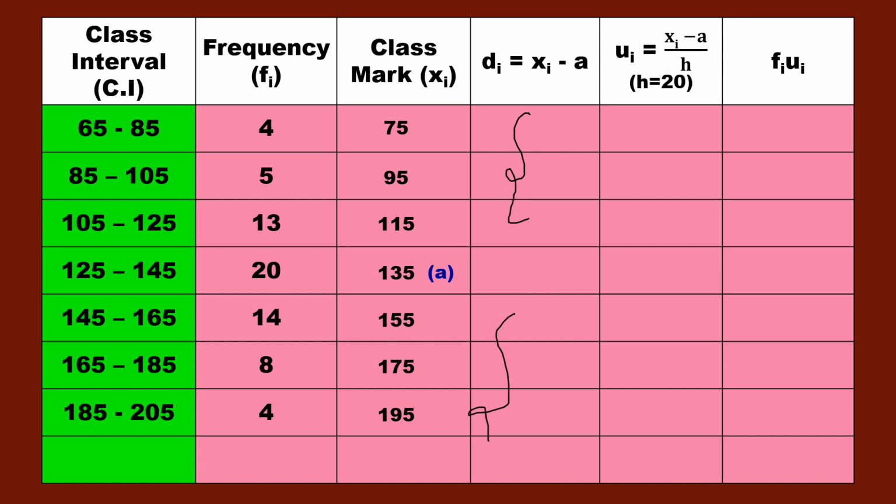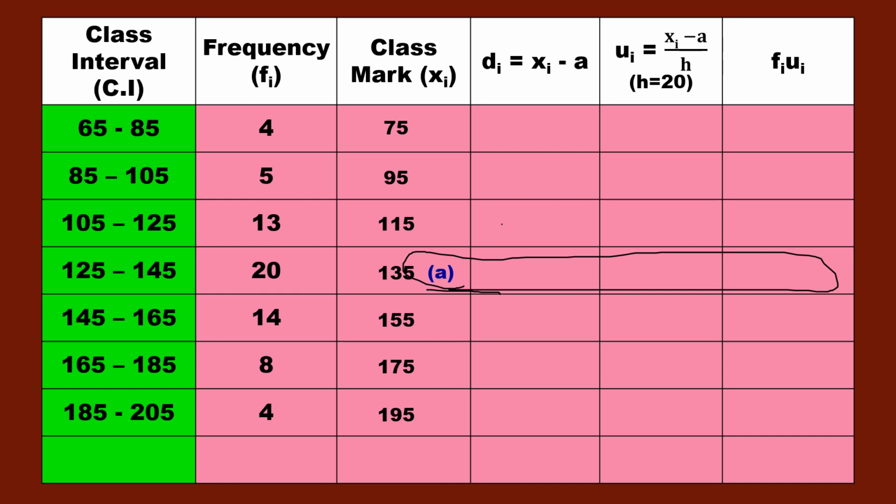Okay, so as this 75 is less than 135, you will get all minus values here. All the values above a are smaller than a, so you'll get all of these as negative, and here you will get positive, and here you will get just 0. Okay, because 135 minus 135 is 0. So this is the simple way you should remember. Wherever a is, that row completely gives you 0. Okay, above that if the values are less, you will get negative values, and below you will get positive values.